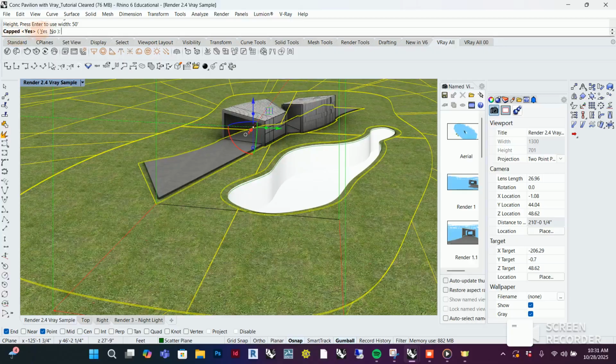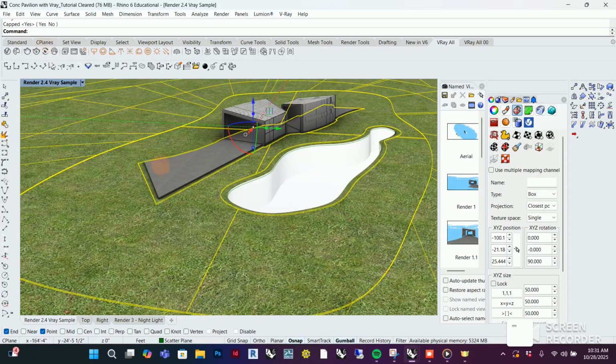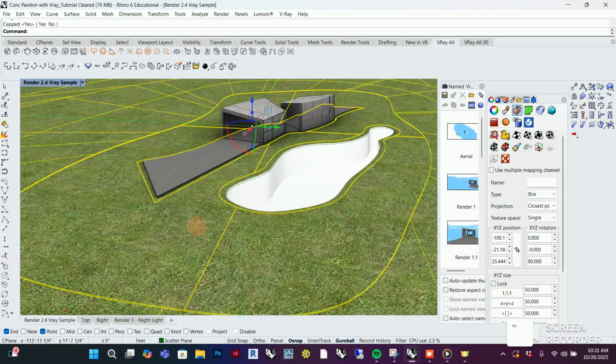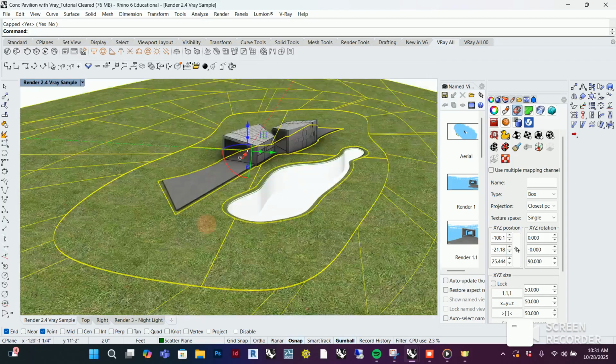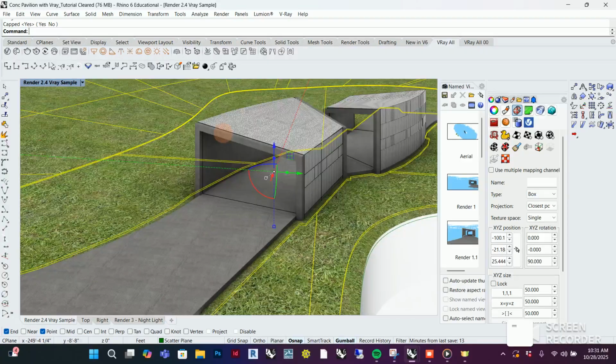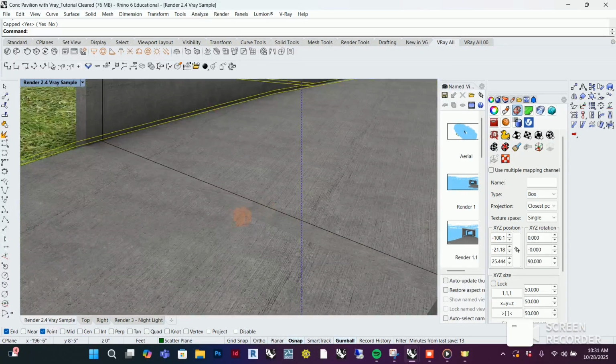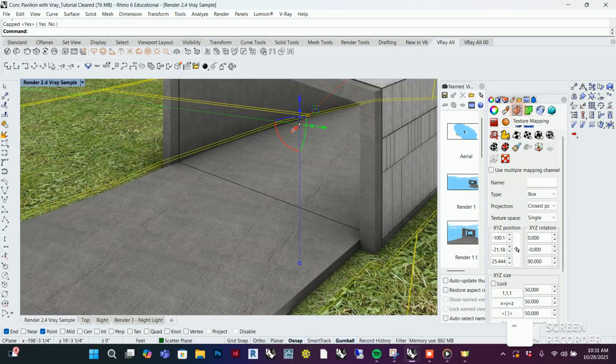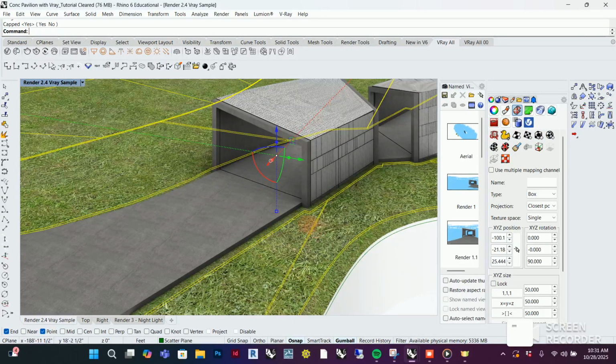Top, continue clicking enter, capped, yes, yes, enter, and you'll see the material will change in size. So you can do that for all your materials once you import them and apply them to the layers. Same thing with your concrete for your pavilions. Make sure you go in and go to texture mapping, apply box mapping, and set the texture to the scale